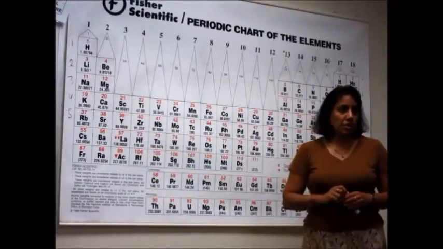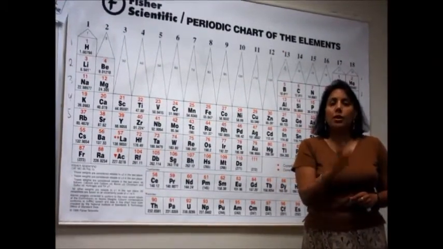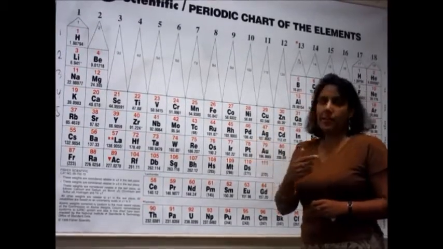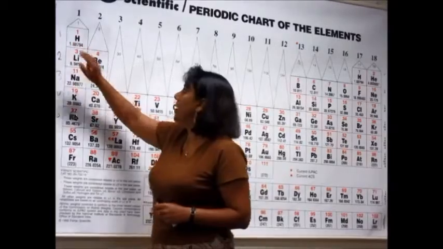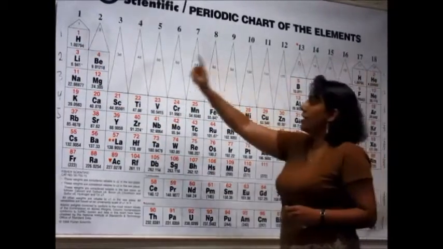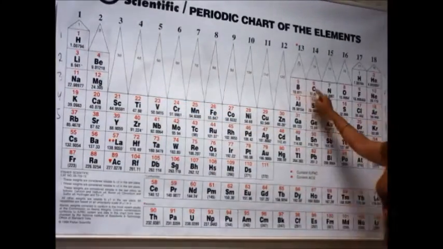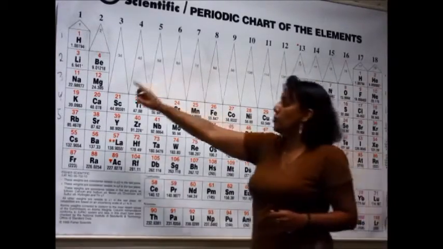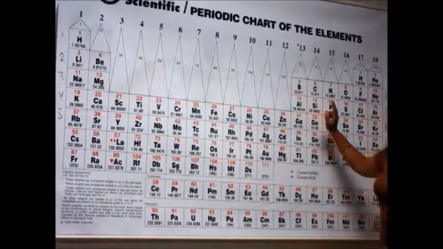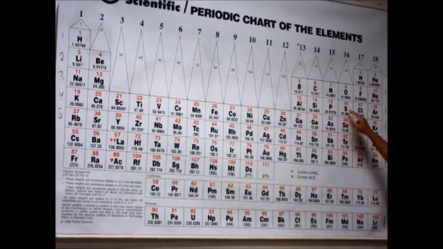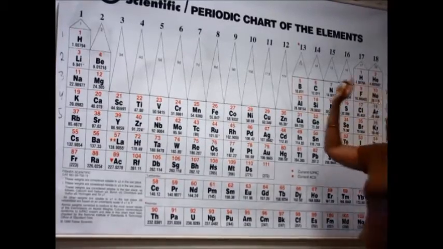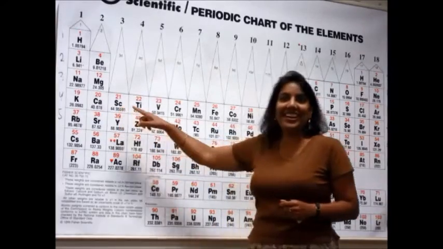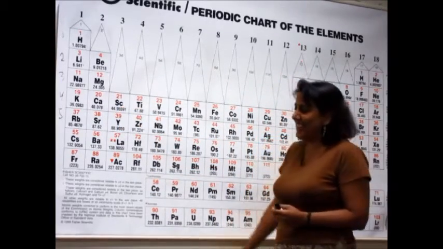We'll start with hydrogen. Okay, and if you know the names, which you do know, of a lot of these, just go ahead and say it with me. It's like being in kindergarten, but just bear with me. Hydrogen, helium, lithium, beryllium, boron, carbon, nitrogen, oxygen, fluorine, neon, sodium, magnesium, aluminum, silicon, phosphorus, sulfur, chlorine, argon, potassium, calcium, scandium. Very good. Only one lone voice there.